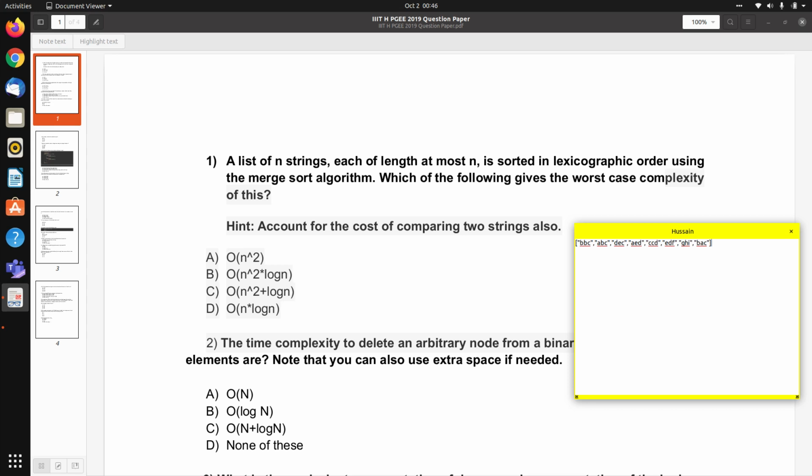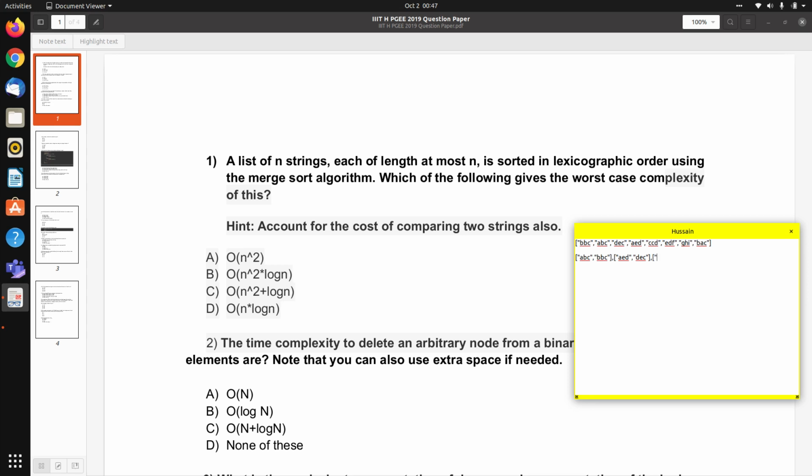So let's do these operations on this array. So ABC comma BBC for the first array. For the second array it will be AED comma DEC. This is a simple merge operation. If the second element is smaller than the first element, we swap them.